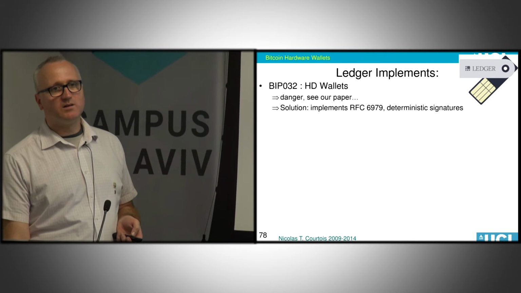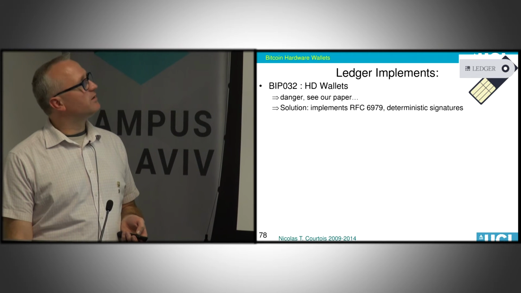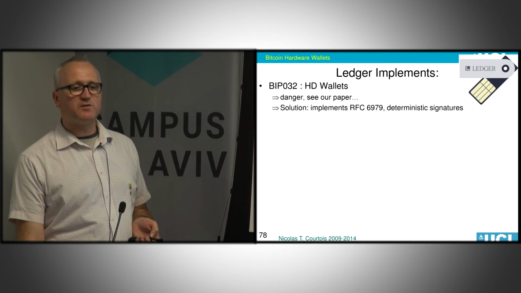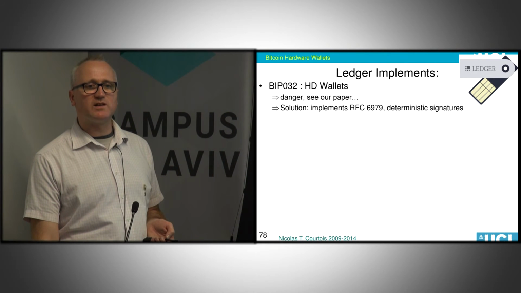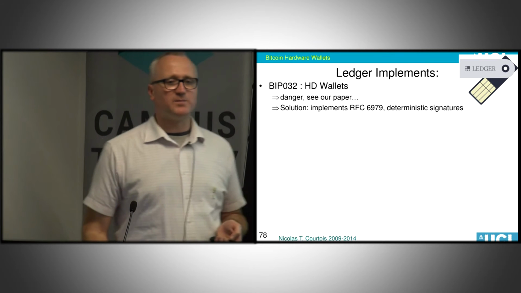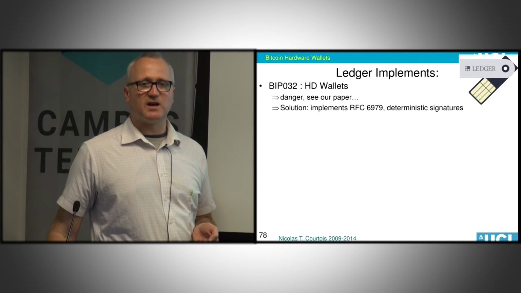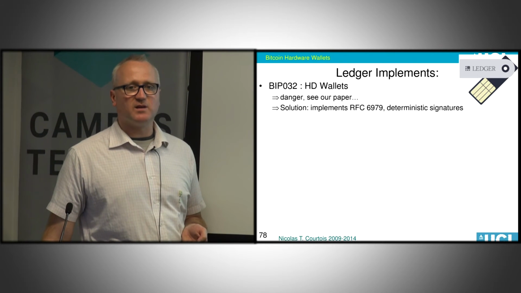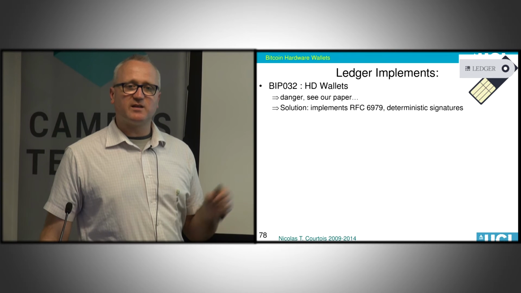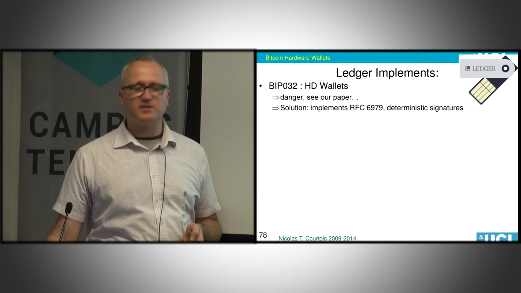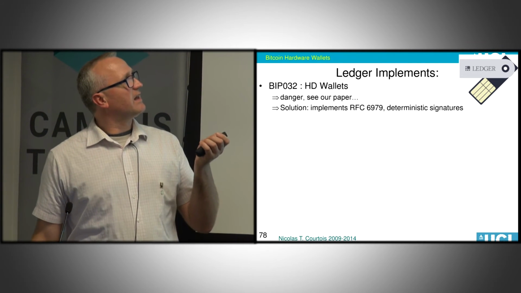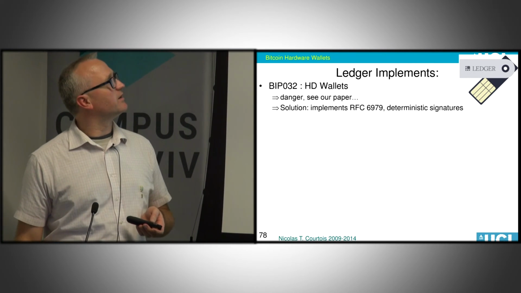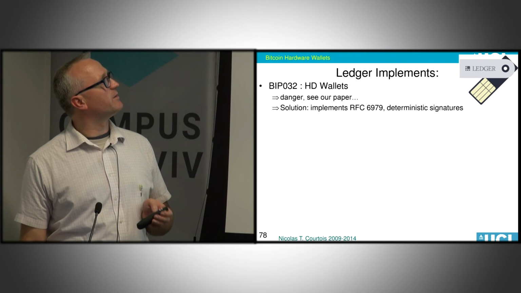Don't they use an HD scheme? They do, okay. But you can use HD schemes securely if you use deterministic signatures in addition. So you could have good security with some assurance, I would say. If you use deterministic signatures with RFC 6979, then you are sure that this combination attack cannot happen. So they do use HD wallets, but it's not necessarily a problem here.